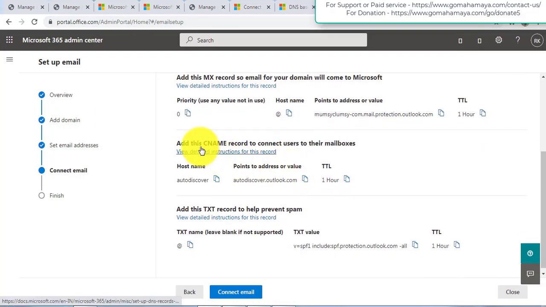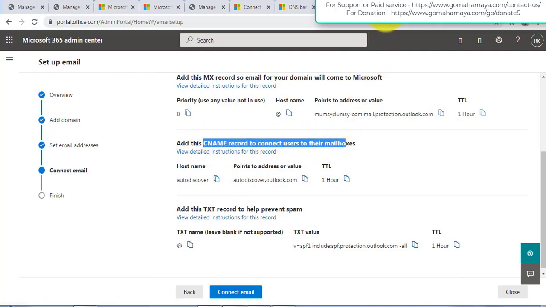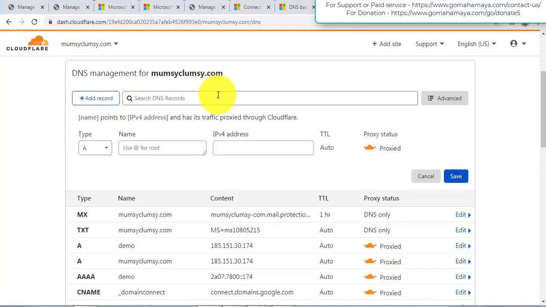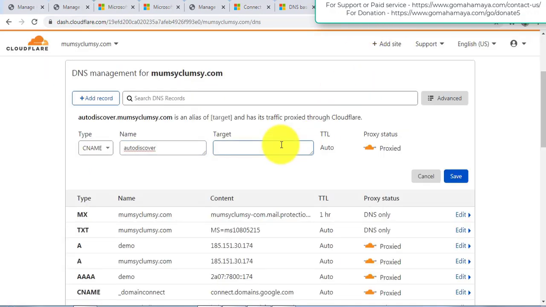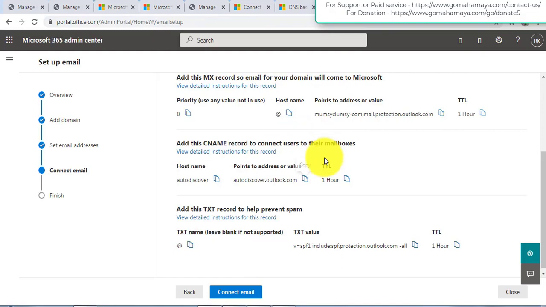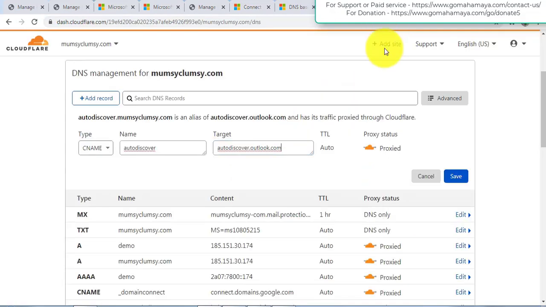Next, add the CNAME record. So I'll go back again, I'll go to add record, I'll go to CNAME, and there inside CNAME I'll choose a host name this one, and for point to address value this one, target value, and TTL should be 1 hour, and TTL they have set it to auto and I'm unable to change it, so I'll leave it like that itself.